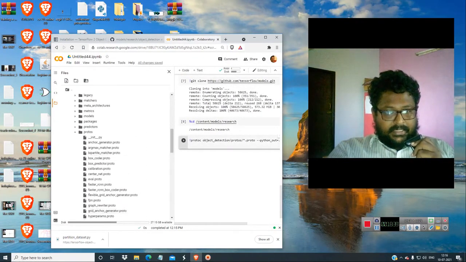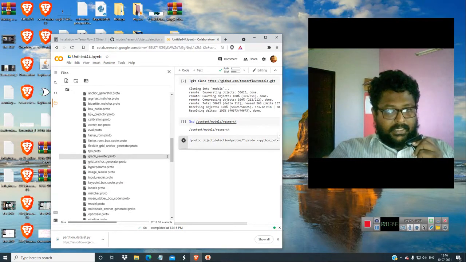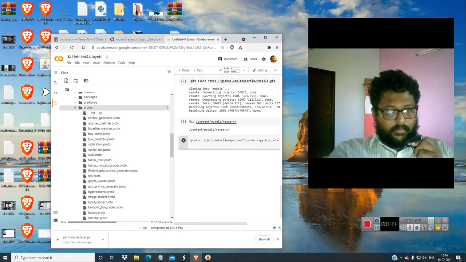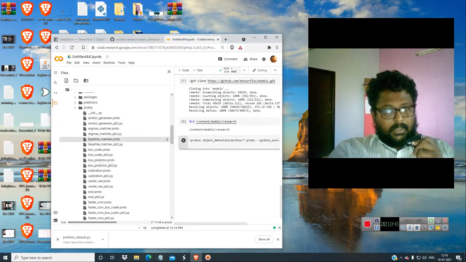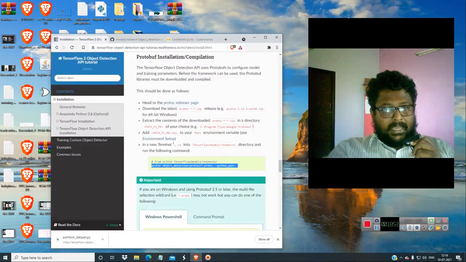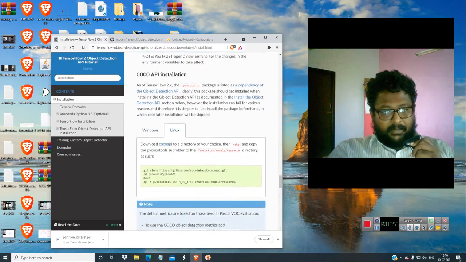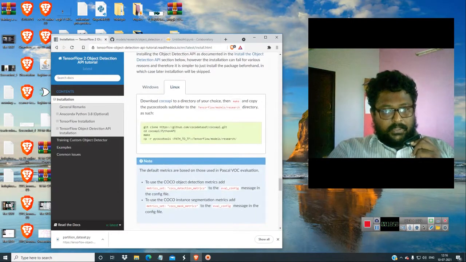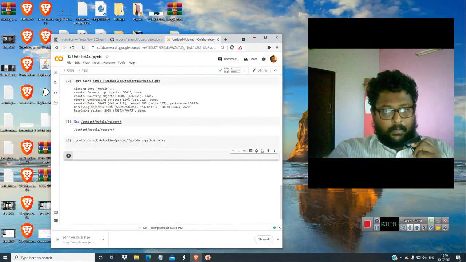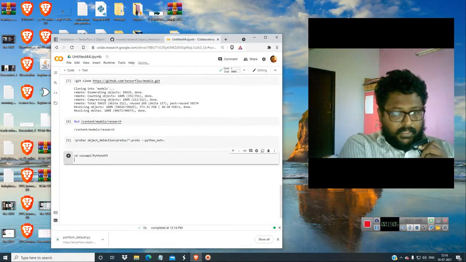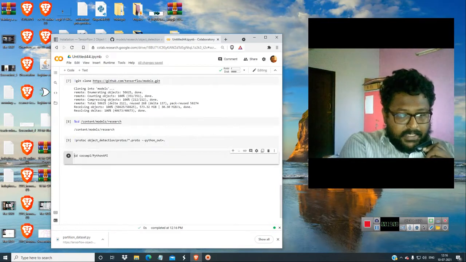So when I just click this, now you can see no file is here. Now I just refresh it, and you can see pb2.py is created. So this is how you do it. Then again you have to get back, and after getting back you have to get into this cocoapi which we have downloaded already. So just get back over here, press Ctrl+V and type %cd.